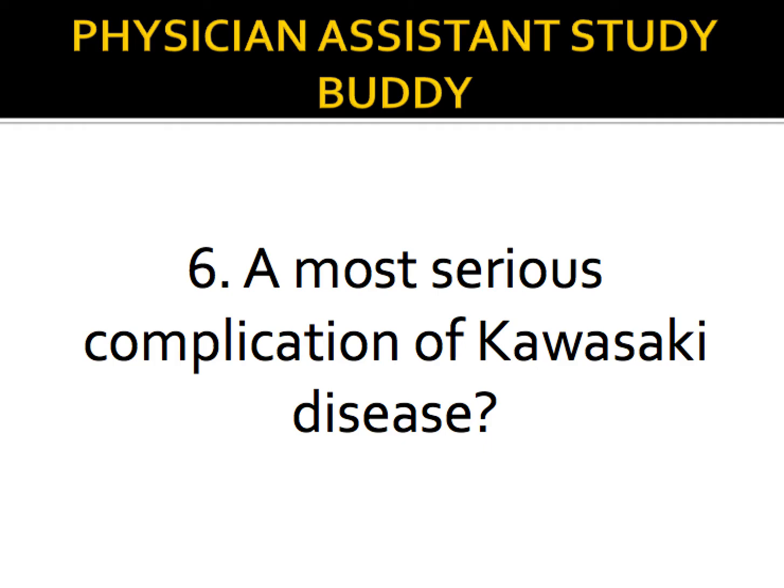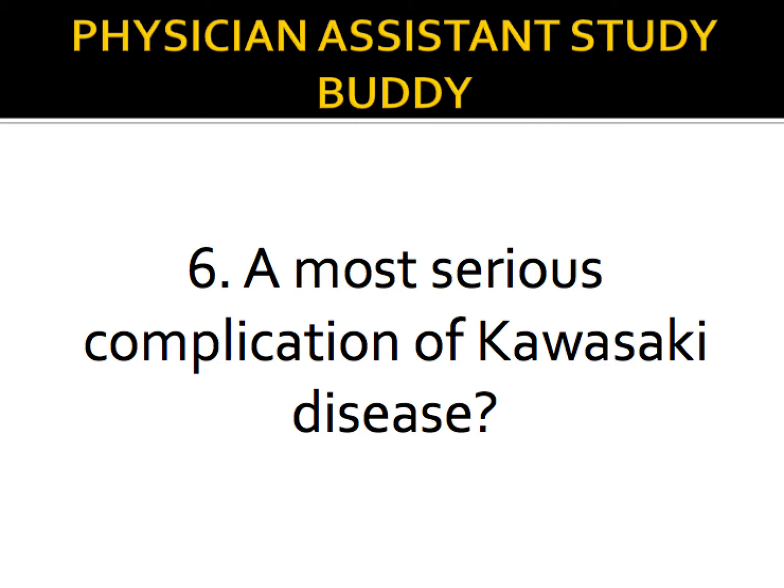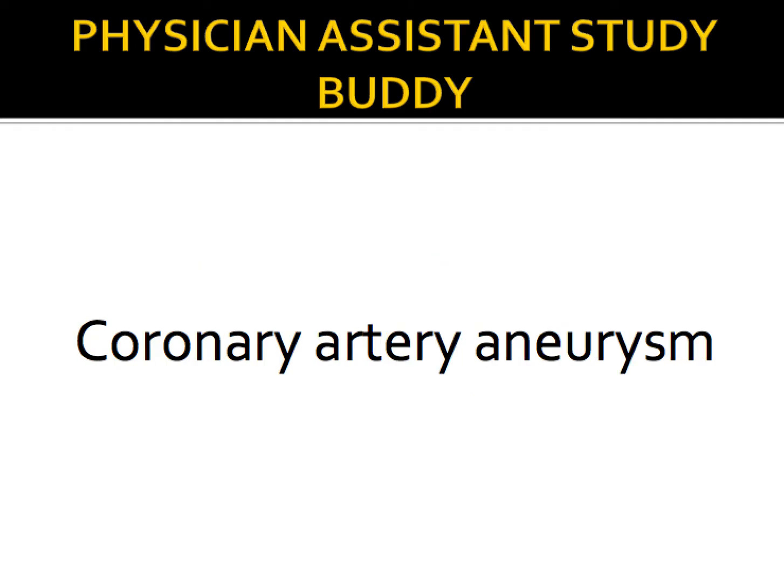Question number six: what is the most serious complication of Kawasaki disease? So in our prior video, we talked about Kawasaki disease. We talked about this as young children, likely Asians, less than 5 years of age, and the fever lasting greater than 5 days. So the most serious complication of Kawasaki disease is coronary artery aneurysm. The stem will tell you everything about how this kid's been sick for greater than 5 days. You're going to figure out this is Kawasaki disease, and they may ask you what is the most serious complication, and your answer should be coronary artery aneurysm.